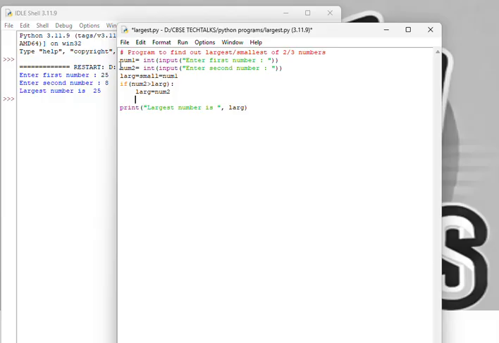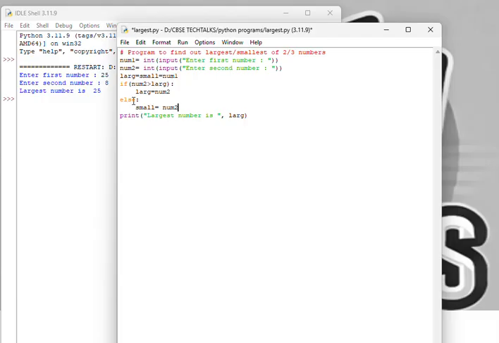But if this condition is not true, if num2 is not greater than large, it means num2 is smaller than large. It means num2 is the smallest one. So in the else, what are you going to write? small equals, which one is smaller now? num2. I am repeating once again. We took two numbers, num1 and num2. Initially we assume that num1 is the smallest as well as the largest one.